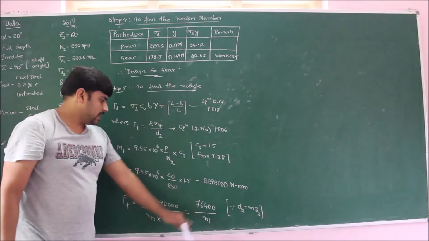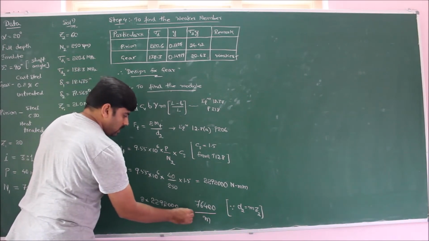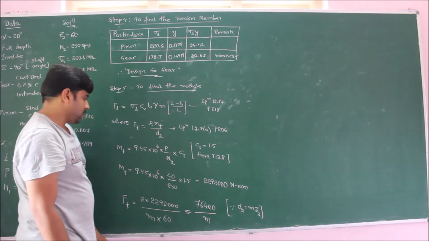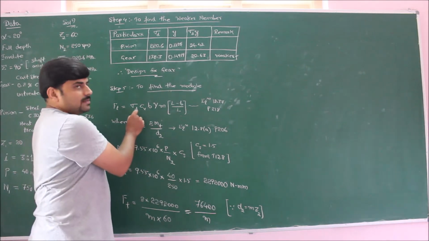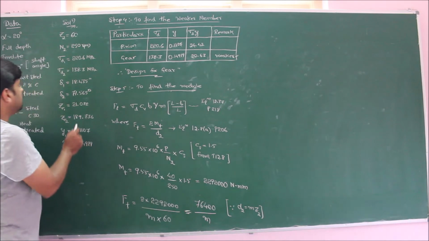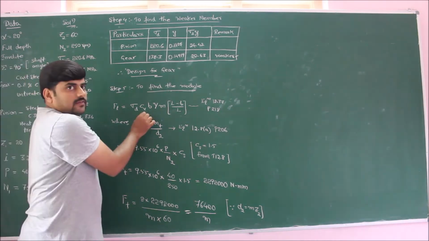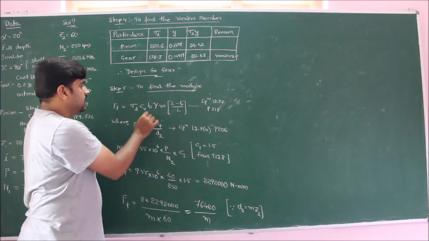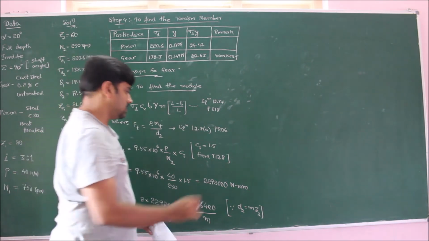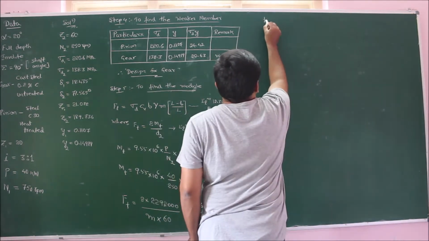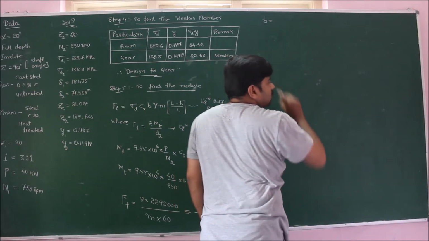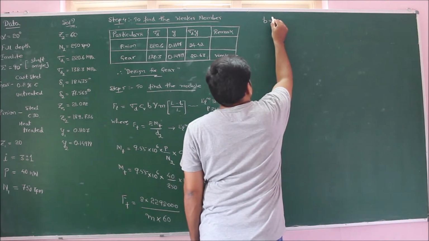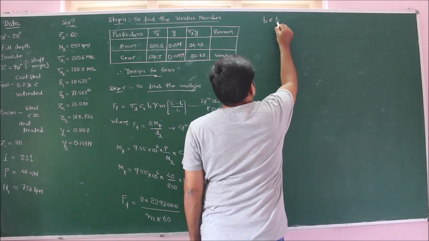I am simplifying, and I get the value of Ft in terms of module as 76,400 divided by module. Next, moving on to sigma d, it is sigma d2, whose value is already known to us, 138.3 CV. We should keep CV because we should express it in terms of m cube CV. Coming to b, b is the face width. The face width is obtained from equation 12.36b, page number 218, which is b is less than or equal to L by 3.